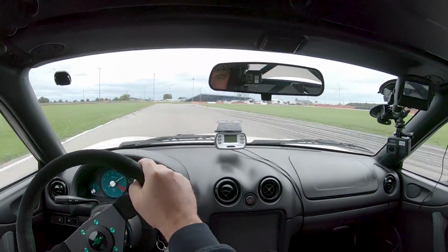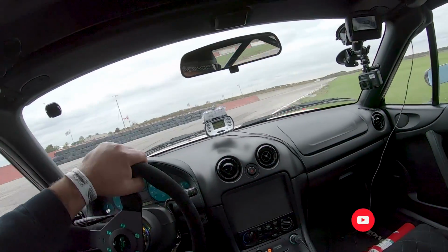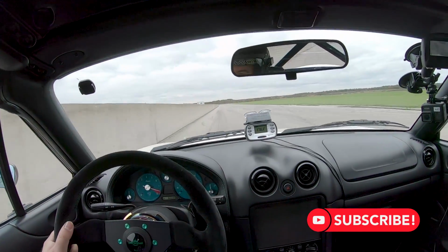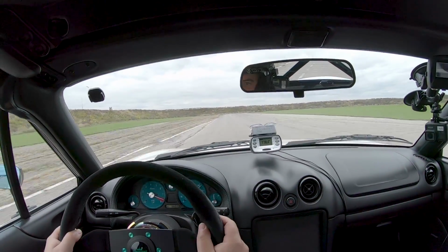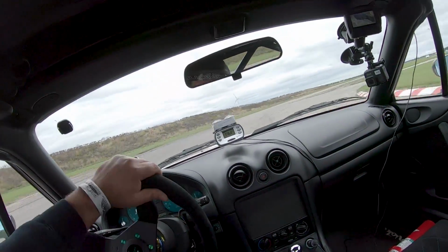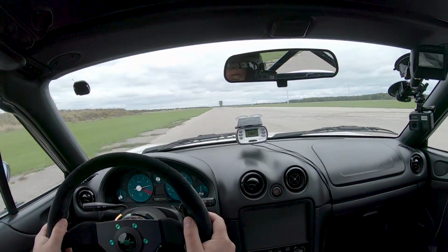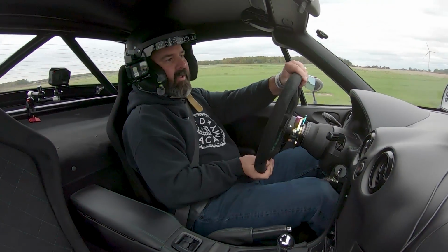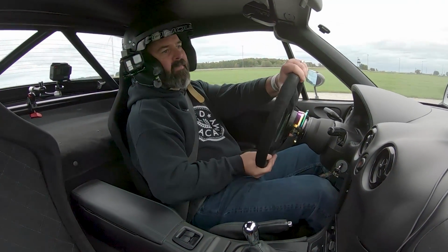Just putting some heat in the tires. It's a pretty cold day here today, so the last thing I want to do is hurt Quinn's baby, because this thing is a work of art. So I'm just going to take my time here, put some heat in it, and then try to get a lap time that's not embarrassing. Just put some new Hawk HP Plus brake pads on it. Oh yeah, it's sliding around a little bit there. Man, it sounds so good. Using the curb a little bit there. Oh, kind of blew that corner a little bit, but